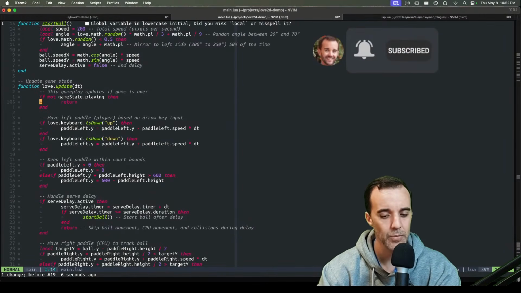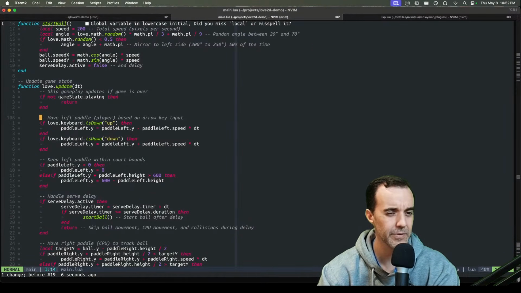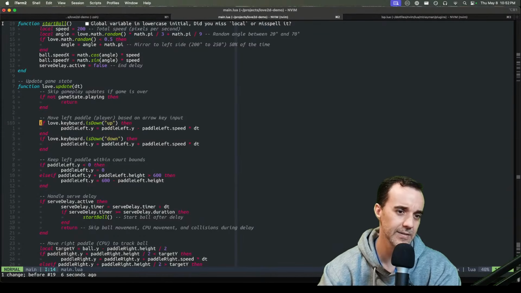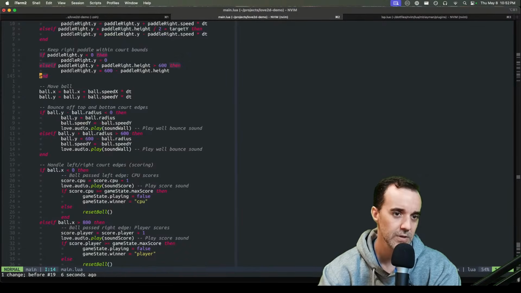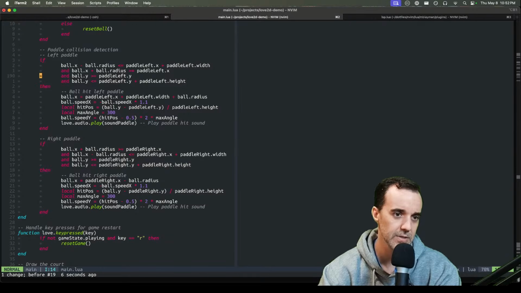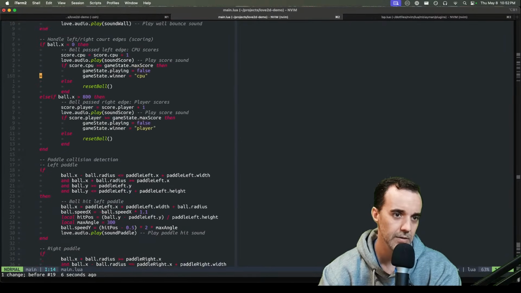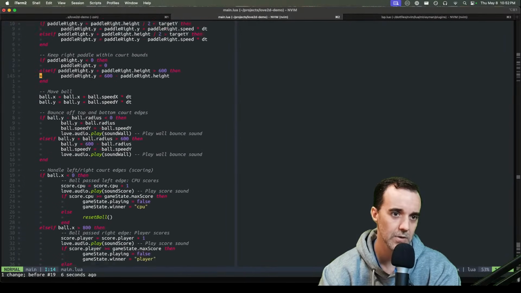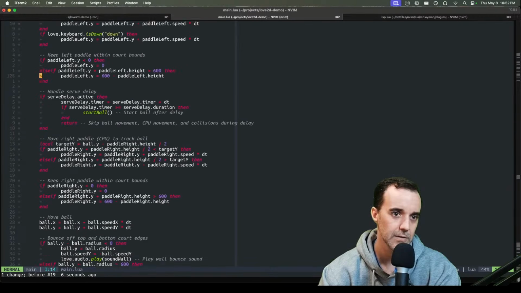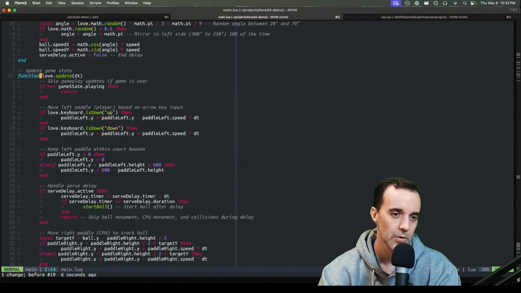So this is a benefit for the AI. It's like AI sees everything all in one place, and it's just documented. But as you can see, it's starting to get a little long, right? Like this thing starts at line 102,